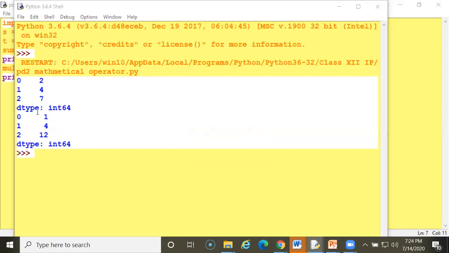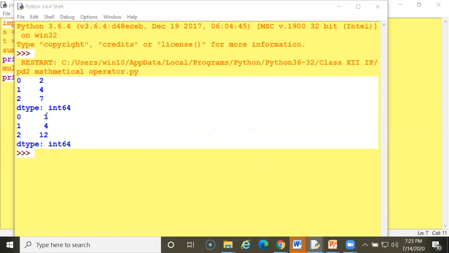You can view this output, and see the index 0, 1, 2. Here the first 1 and 1 makes 2, 2 and 2 makes 4, and 3 and 4 makes 7. This is the addition result.